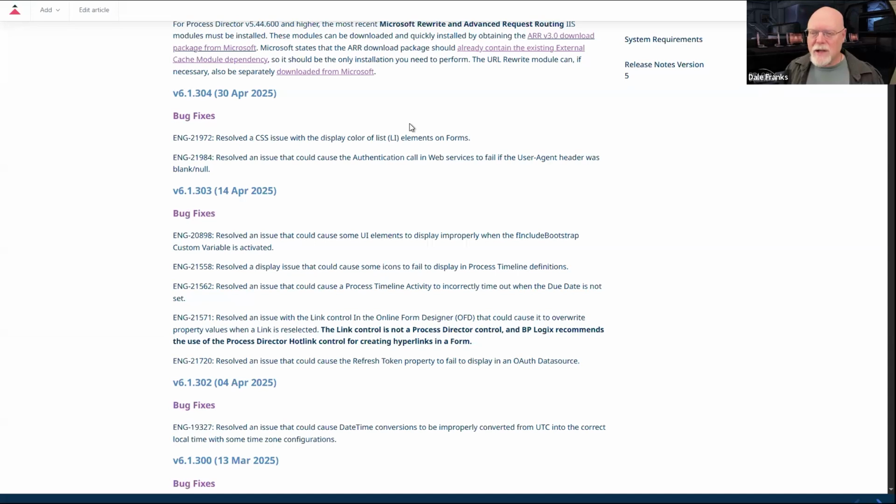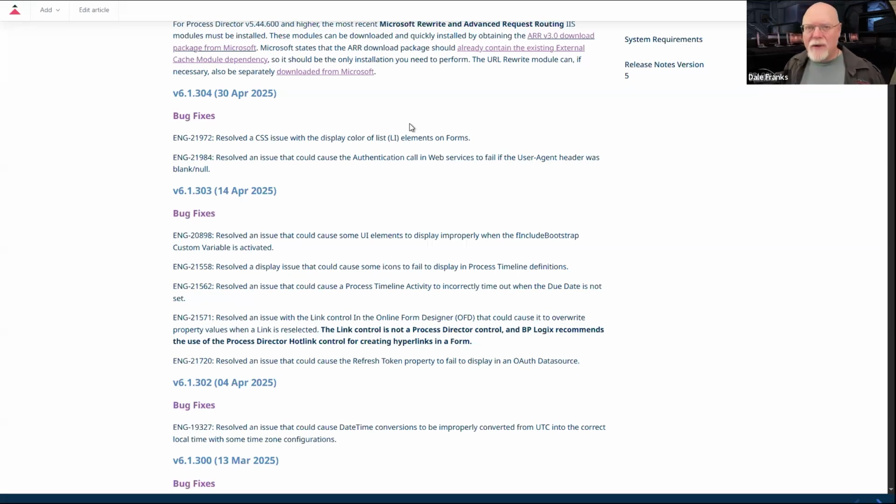And in those cases, the web service call would fail if you were requiring authentication because the authentication would fail, and thus the web service call would not get made. So we fixed that.